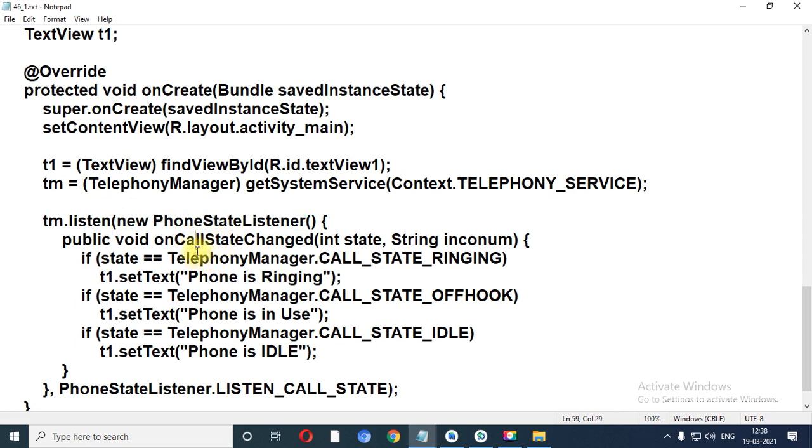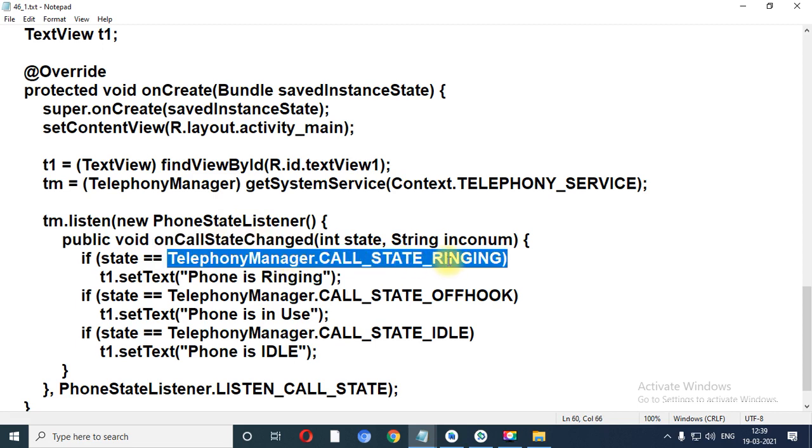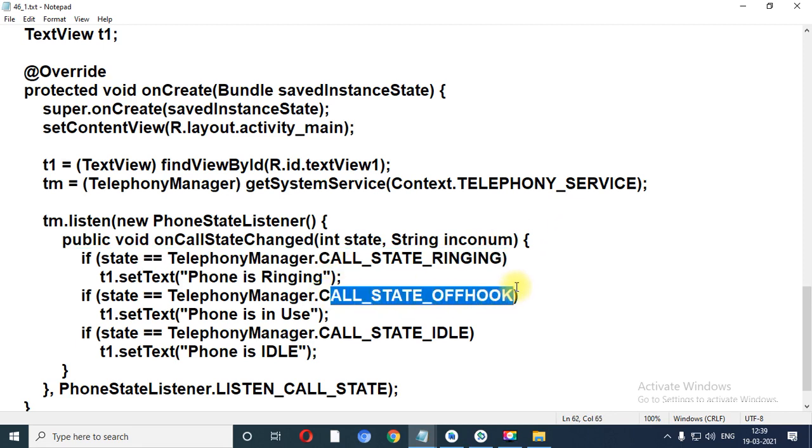the phone's call state is changed, that means if right now your phone is in idle mode and your friend is calling you, at that time it becomes ringing mode. So the state of your phone is changed. At that time this event is fired. Now telephony manager dot call state ringing. So this is executed when your phone is ringing. Now the next keyword is called call state off hook. Now off hook means what? If your phone